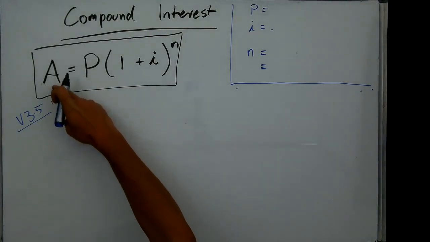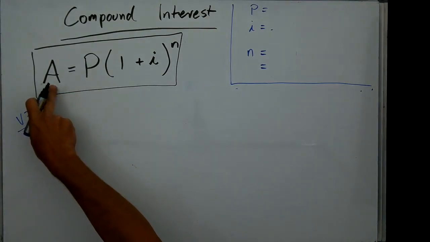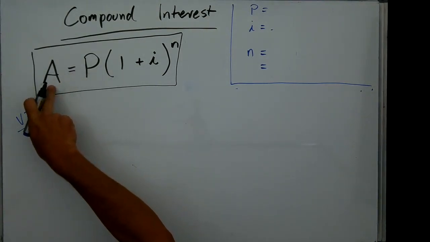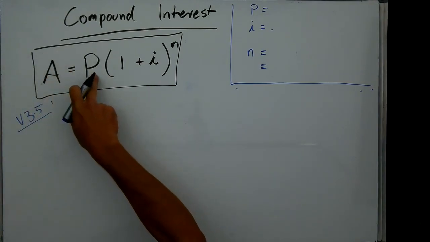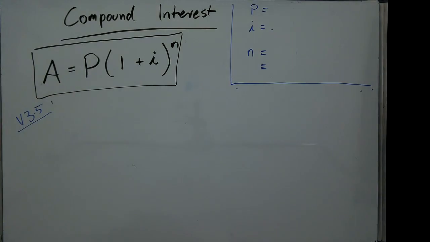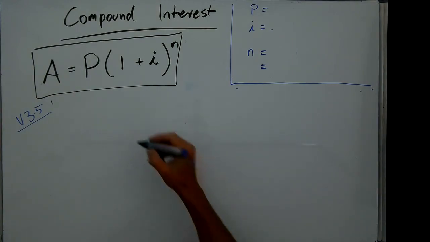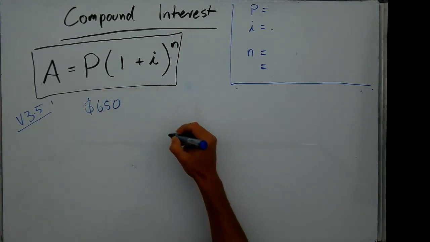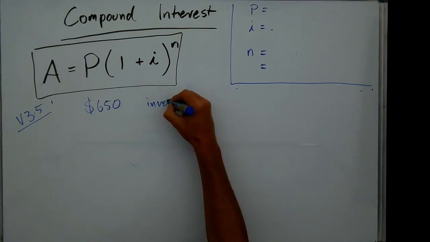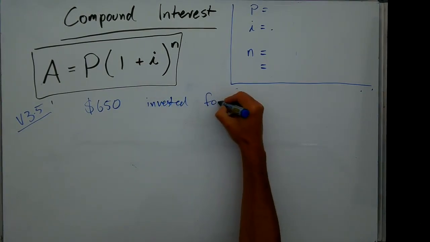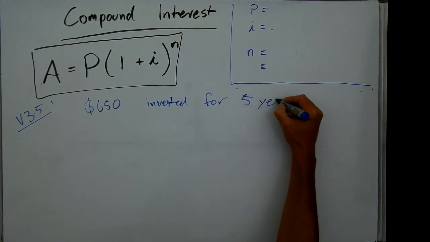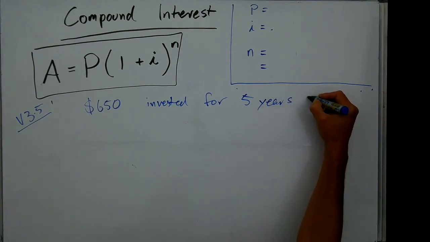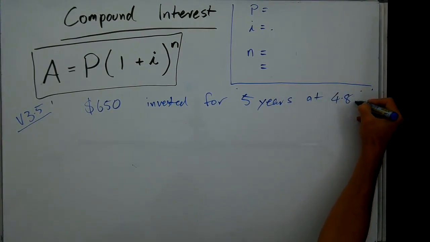So because our A is the principal plus the interest, but we only want to find the interest, we work this out and then take our original principal away. So find the total amount of interest if $650, 5 years, 4.8%,